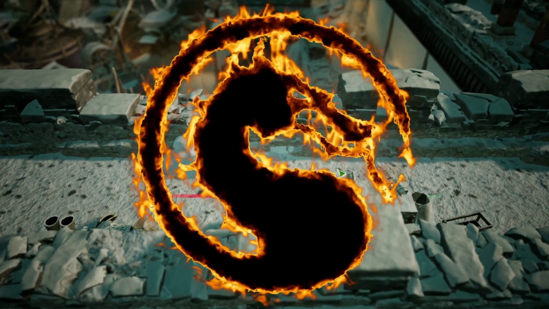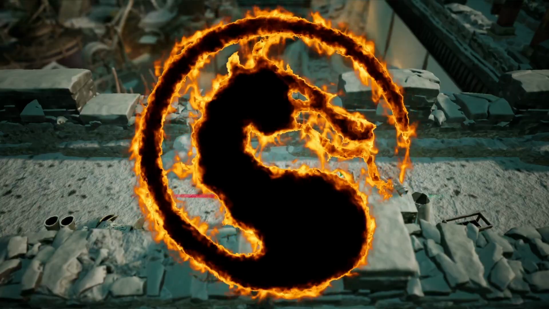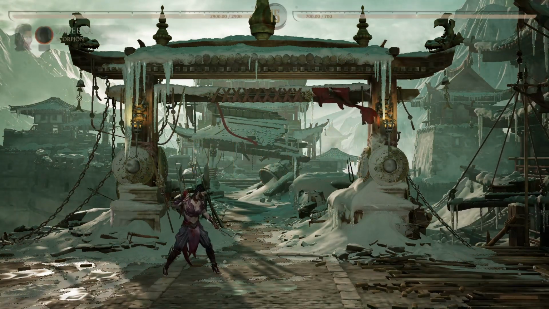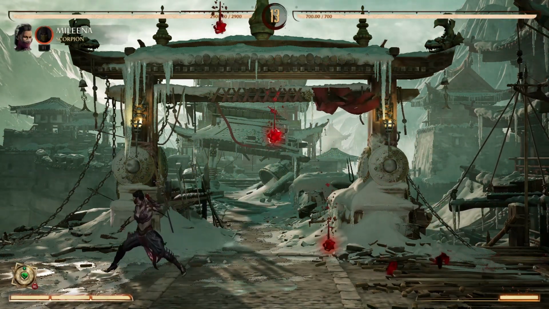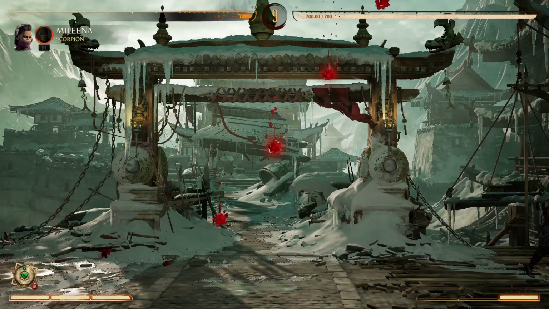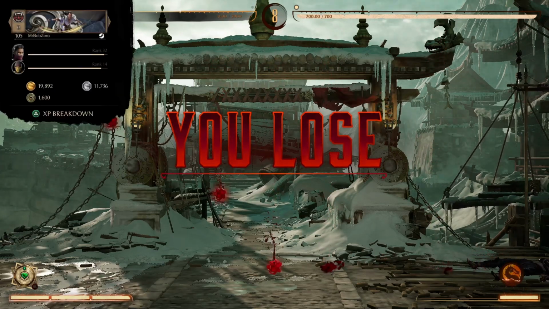But now we need to do another survive. Not sure, this might be the last one for this mesa. But what is it? What could it be? Oh, some more blood stuff. Never mind. I guess I have to... Yeah, I'll switch it off to Scorpion. Because it's very unfortunate that...